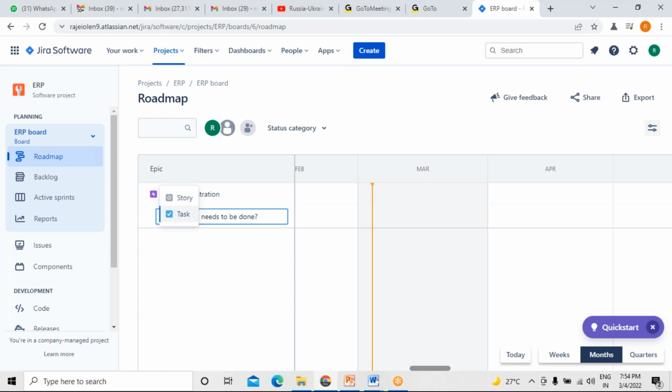And Raj, for example, there is one more condition: during the demo, the client comes up with some new enhancement. Obviously there will not be any epic or user story for that enhancement in the roadmap or in the backlog, right? Because this is something new which comes into his mind. So in that case, how are we catering to these changes? Are we adding some enhancement in the roadmap in that case, or how is it handled? Which enhancements, the delivered ones or the non-delivered ones?